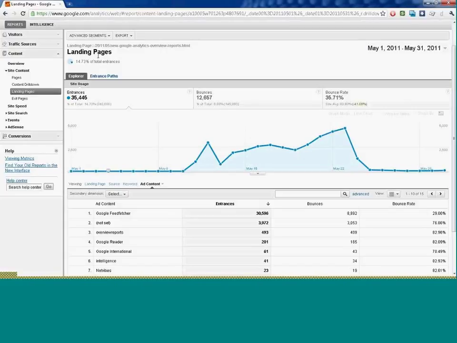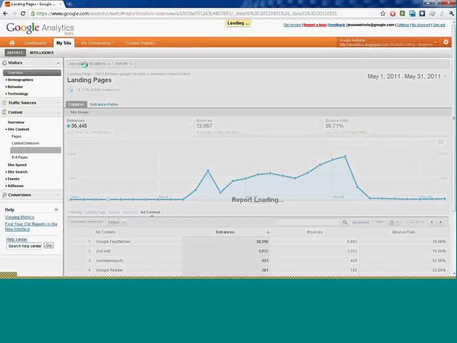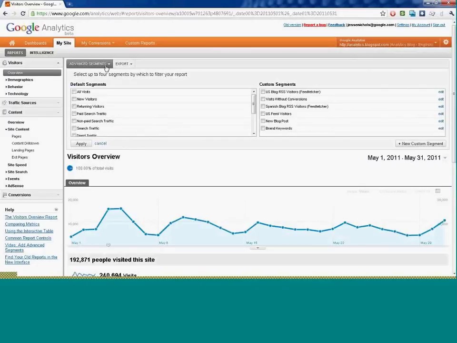Secondary dimensions, what can we do with this? Well, the concept here is, again, to identify segments and the performance of that segment so that you can then either act on it or make a more specific segment. So one way of doing this is to go to each report and then select the segment you want to identify and then learn more about it. However, another way to pivot around segments is to simply use the advanced segment tool. So I'm going to review and show you